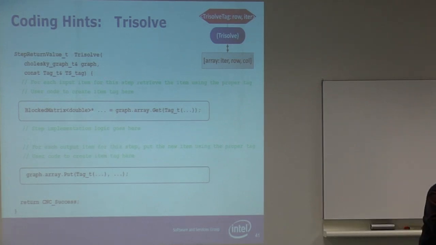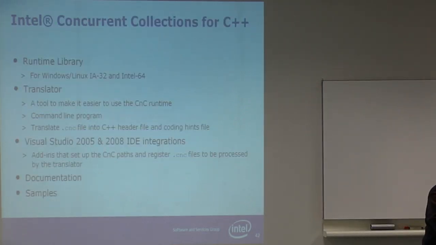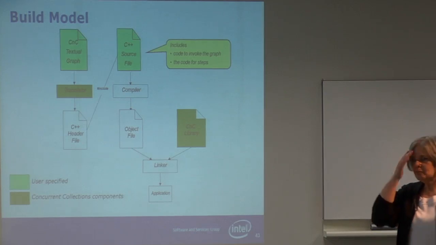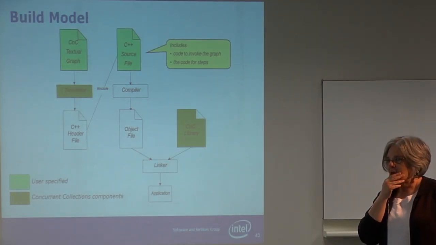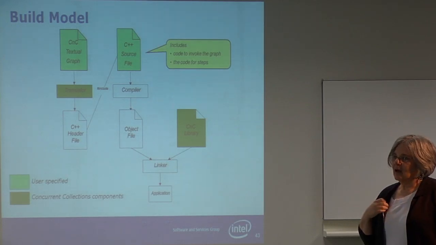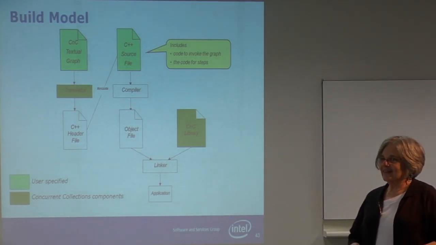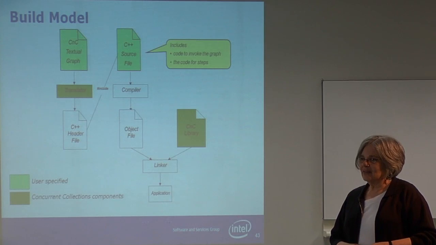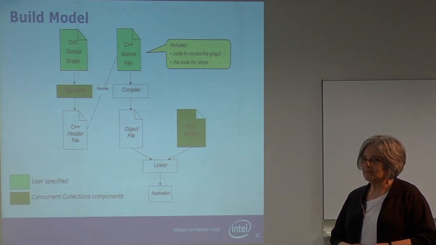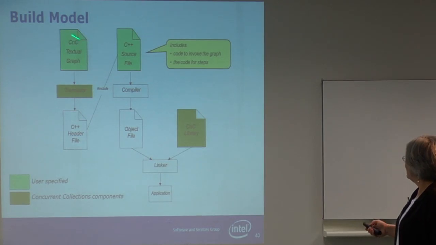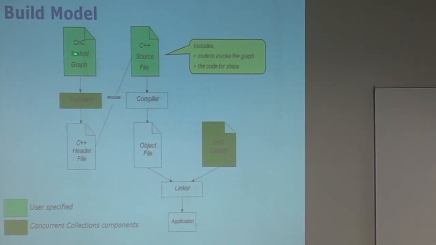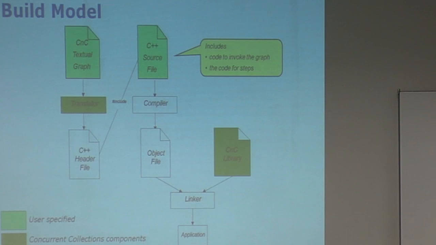So let me see. But then you generate this code, and the user, the domain expert, is going to write in some code. Right. And then you end up with the C++ code in this particular case. That you put through a compiler. That's this thing. So this green is the user code. You put in the textual graph if that's how you're getting into the model. And you also put in,